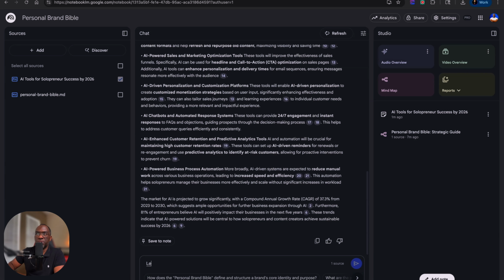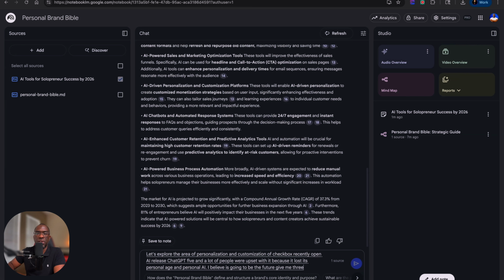Let's explore the area of personalization and customization of chatbots. Recently, OpenAI released ChatGPT-4, and a lot of people were upset with it because it lost its personal edge, and personal AI, I believe, is going to be the future. Give me 3 ideas for how I can help ChatGPT consumers have a more personal experience with ChatGPT